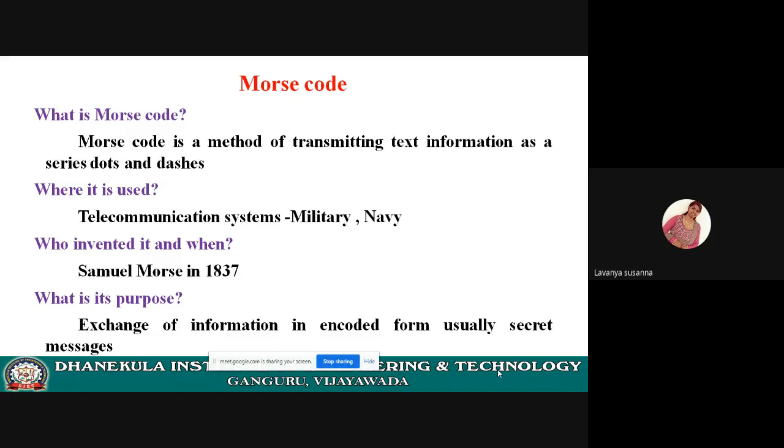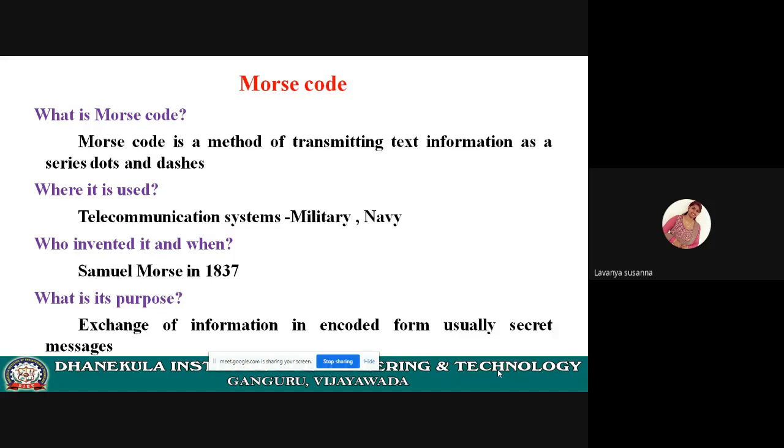Remember this: in Morse code, sounds are used. They are represented as dots and dashes. A to Z and 0 to 9, all these letters and digits are represented using dots and dashes, some sounds. This Morse code is still used. It is the oldest method. You will think that many technologies have come, but what is the use of this Morse code? They are still using it for secret messaging so that others cannot understand. If two persons are communicating using Morse code, both should understand it.